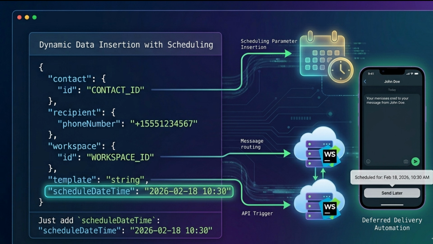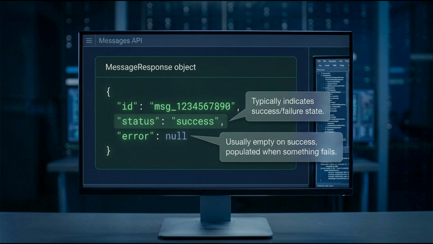Scheduling messages. Sometimes you don't want messages delivered immediately. The Messages API allows you to schedule messages by providing a future date and time. This is useful for